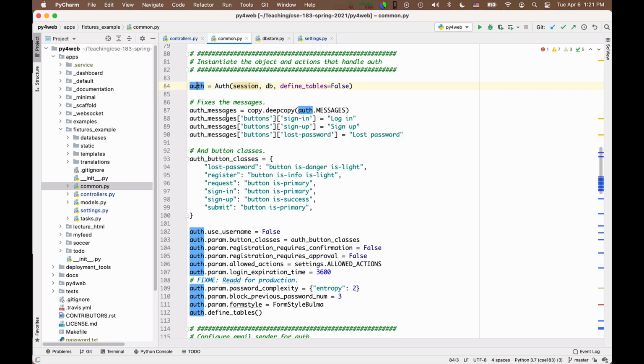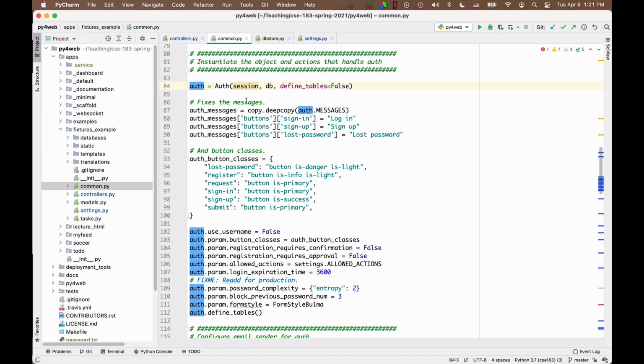So it has a lot of parameters. You can customize the parameters, and they've done a bit of customization for you. You can customize the classes so that the forms in which users register, log in and log out have the right classes and render properly inside Bulma.